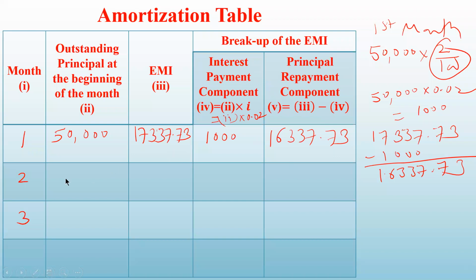What is the outstanding principal in the second month? 50,000 was the outstanding principal in the first month. Out of this outstanding, you have paid this much. So what is the outstanding principal in the second month? 50,000 minus